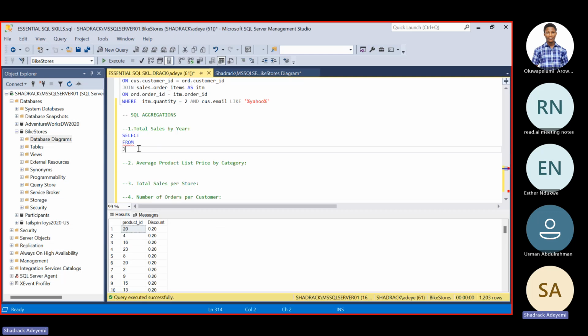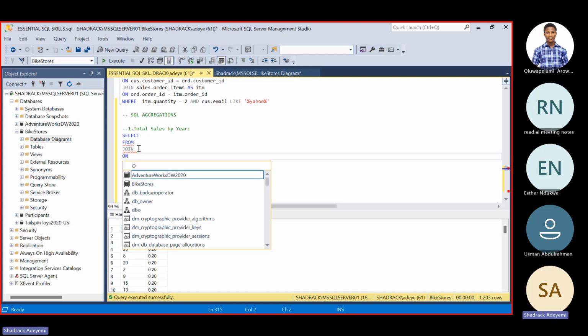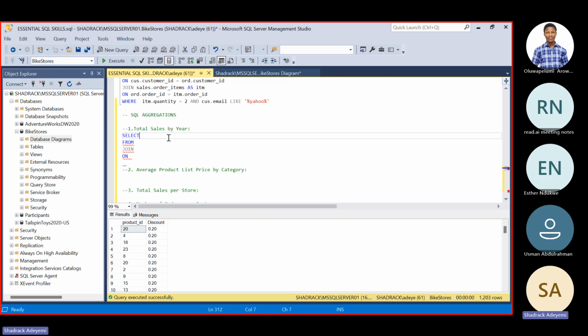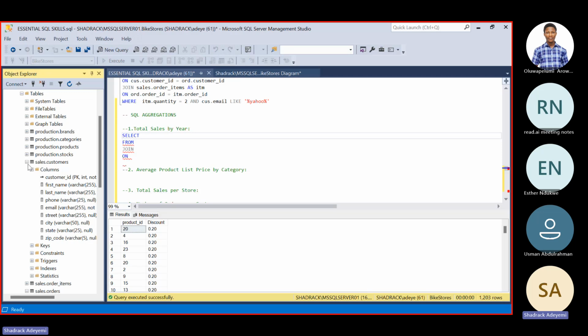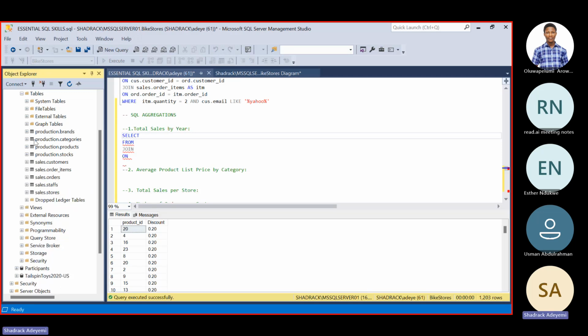So I know that I have to do a join, and I also have to specify how I am joining, by joining on something. Again, let's not lose sight of what the question is saying. First of all, we are supposed to fish out some information. To the left-hand side of your data, you can quickly see the kind of tables that are specified.